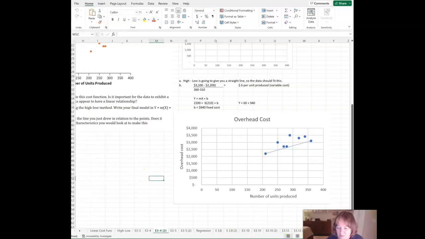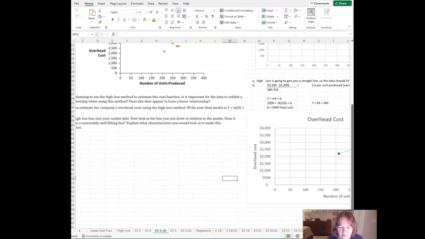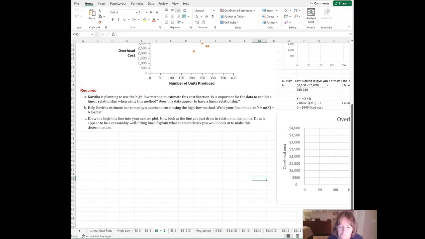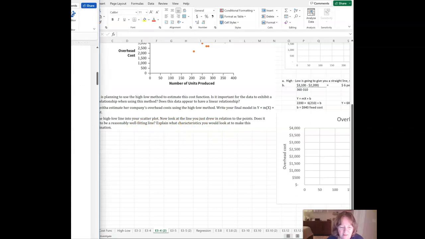And then what else did they want to know? Let's see what else they want to know. Draw the high-low line, explain the characteristics. Does it appear to be a reasonably well-fitted line? And what characteristics would you look at to determine that? And it doesn't really appear to be very well fitted because